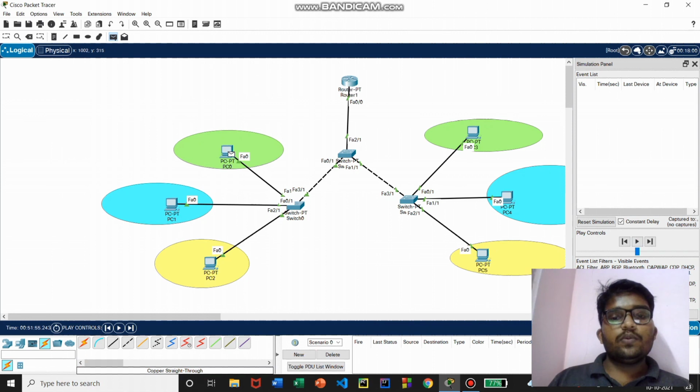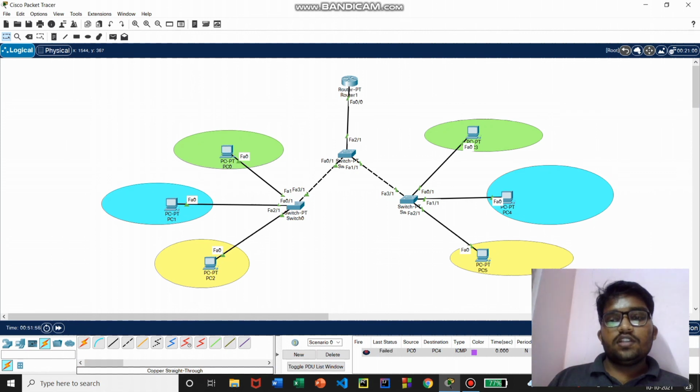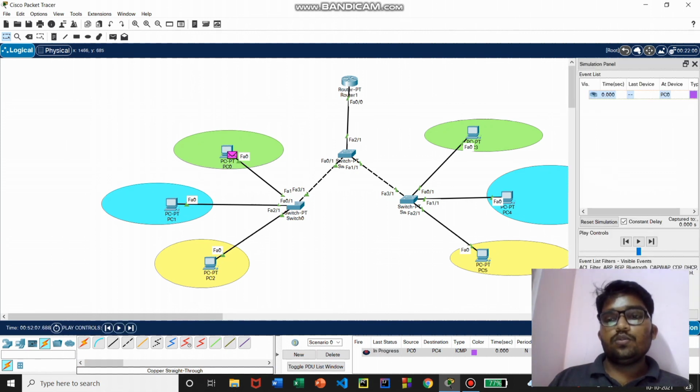Now let me try pinging between this one and here. Getting into real time now. This failed. Let me try using the simulation mode.